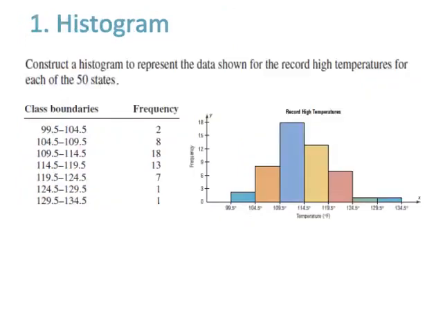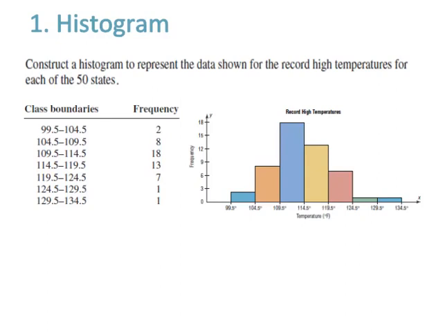Number 1 is histogram. Construct a histogram to represent the data shown for the record high temperatures for each of the 50 states. There are 7 class boundaries of grouped data with width of 5 and total frequency is 50. The class boundaries are given on the x-axis while frequency is given on the y-axis. You can use class boundaries from lowest to highest, such as 99.5 to 134.5. It is an important tip that you can use class boundaries in a capital L shape or reverse to make it 7, such as starting from 99.5 to